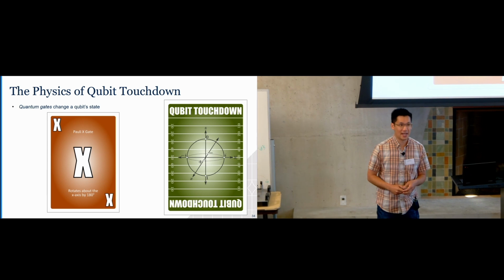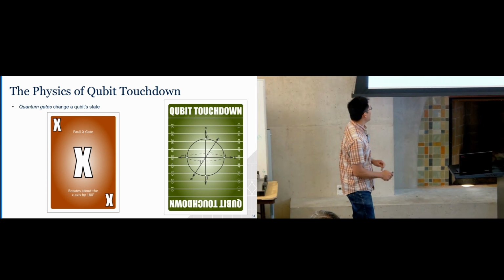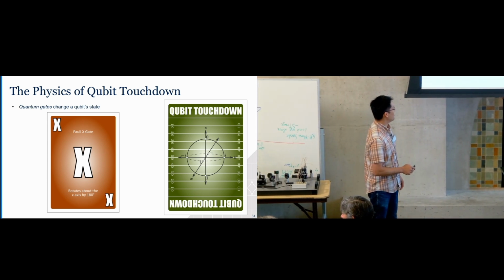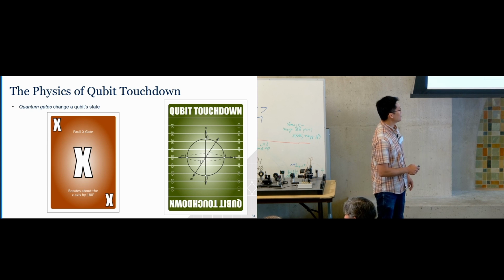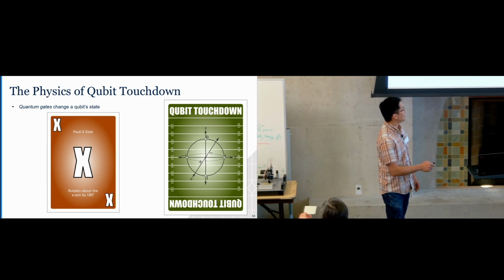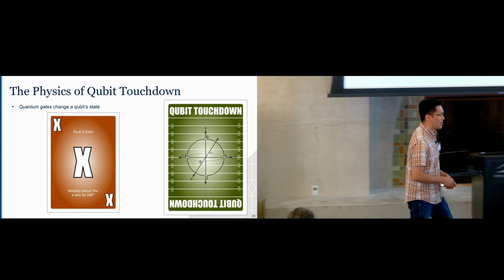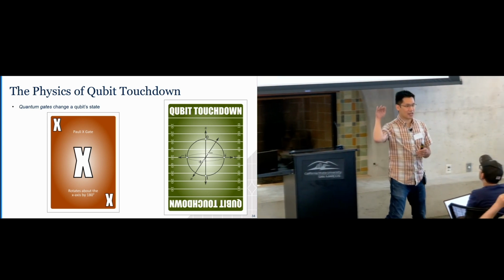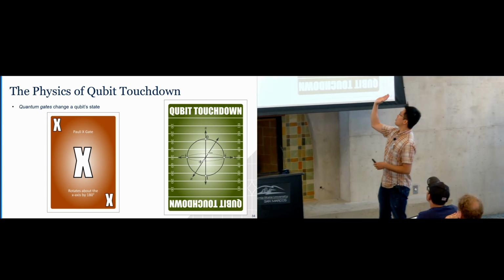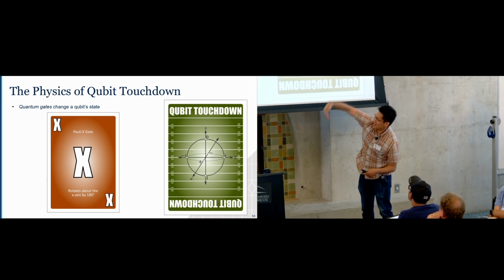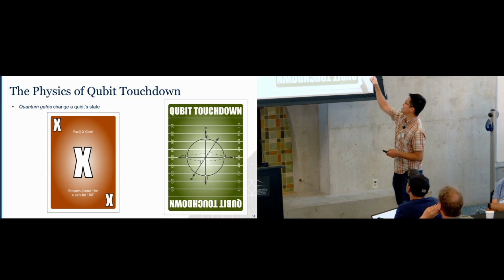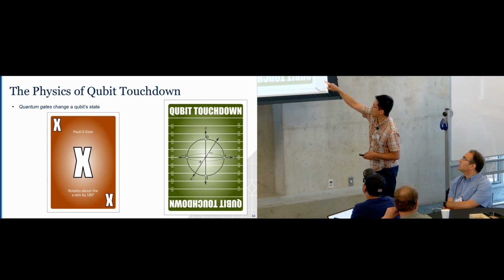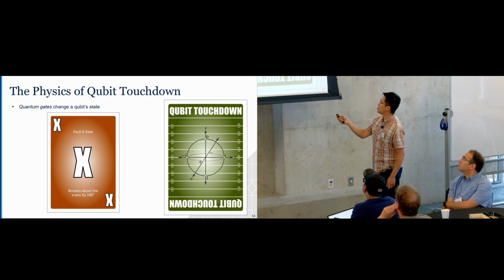So here's one of them, an X gate. And if you look at it, it actually says what this does. It rotates about the x-axis by 180 degrees. So if you have a qubit at 0, and it rotates around the x-axis, so the x-axis is coming out of the card, it's going to rotate around like that and it's going to end up at the southern hemisphere. So it goes from 0 to 1, and then from 1 it would go back to 0 if you played